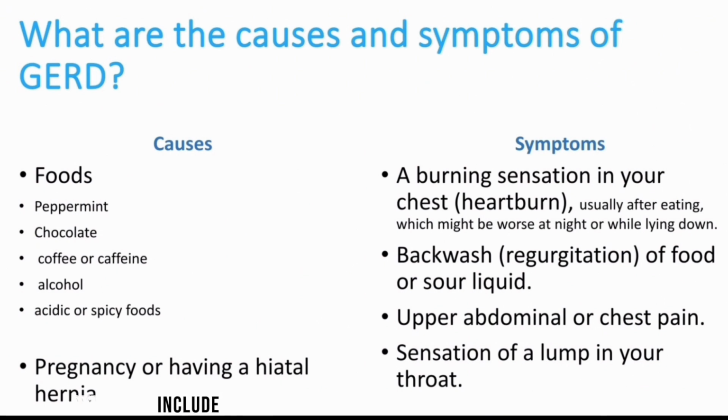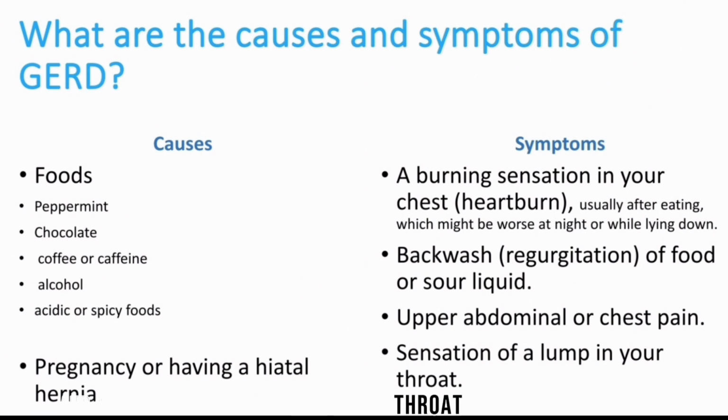Symptoms include that heartburn that we've been talking about, so the burning sensation in your chest that usually happens after eating, and it can be worsened by lying down, or it can be even worse at night. Now, the regurgitation of food may even happen, and upper abdominal or chest pain, and also the sensation of a